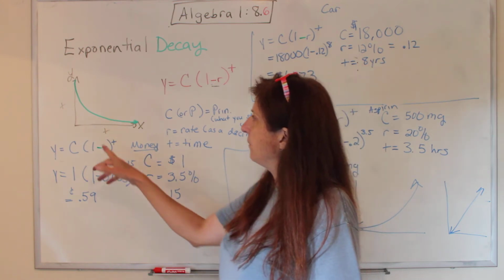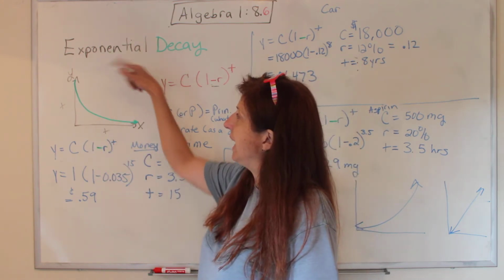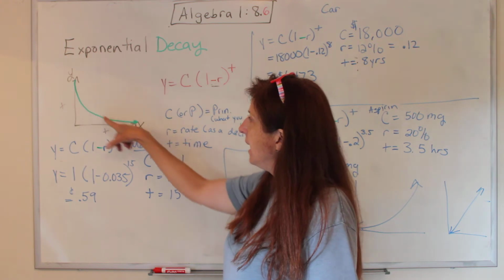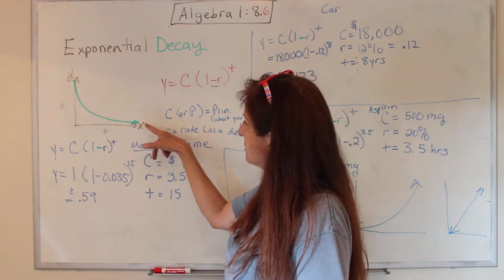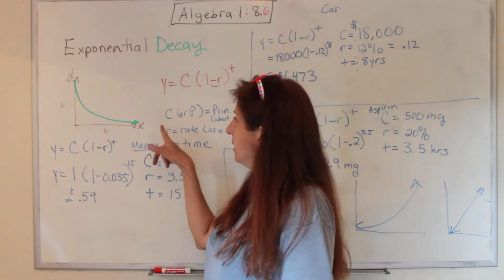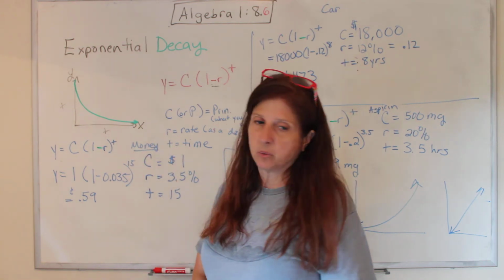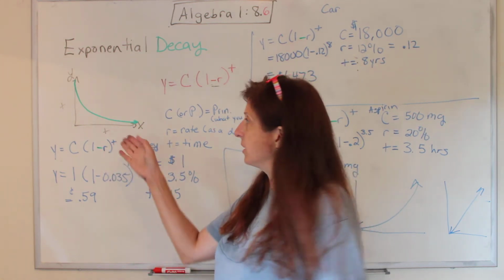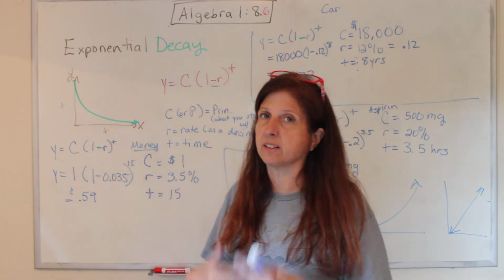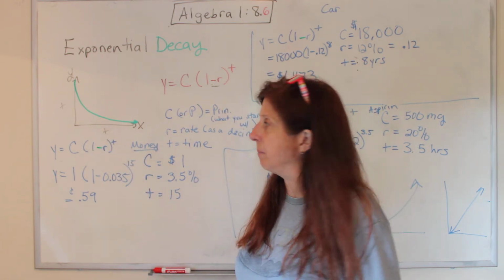Now, if it is an exponential decay, you start with a lot and it gets less. And it goes more and more towards your asymptote. Now, with this, you actually could get down to nothing. But with a growth, you started with something, so you won't actually get down to nothing because you started with something. Hopefully that makes a little bit of sense.